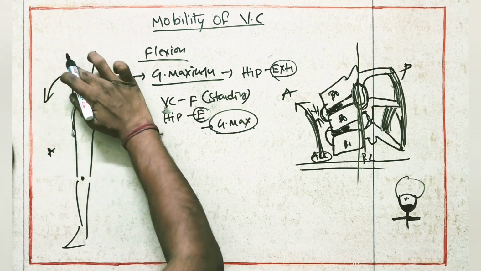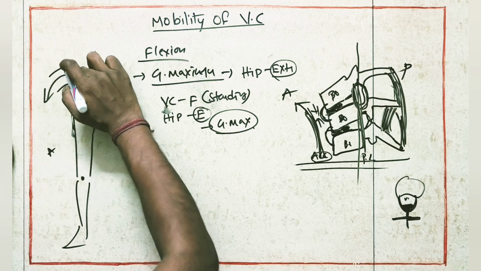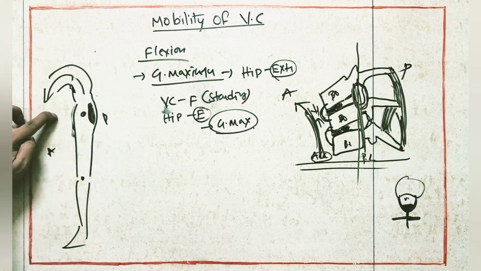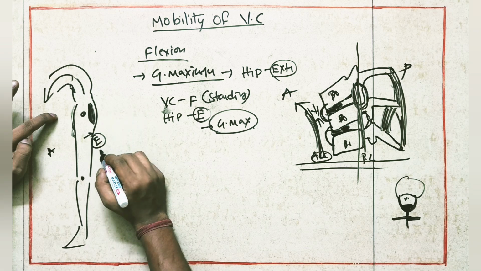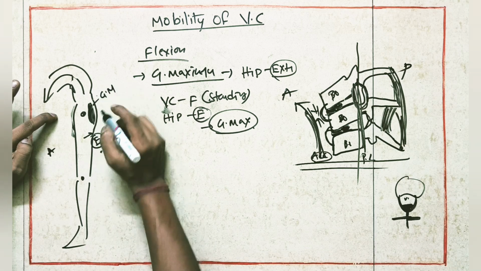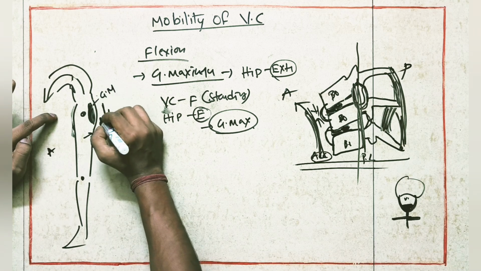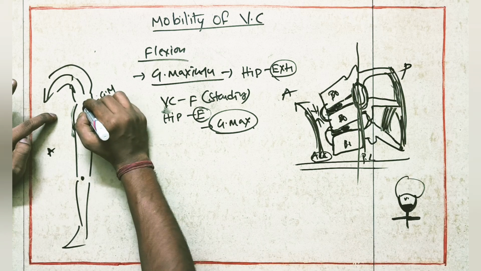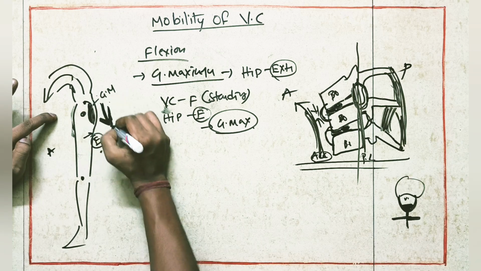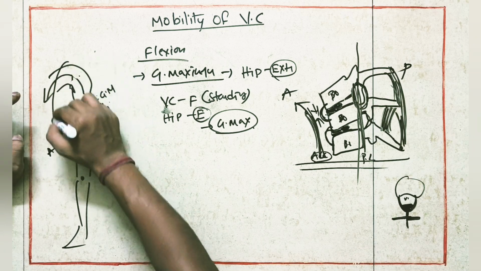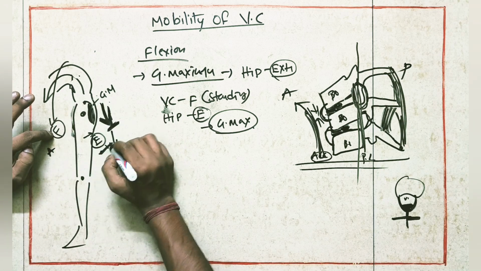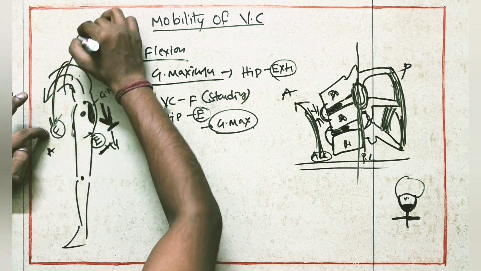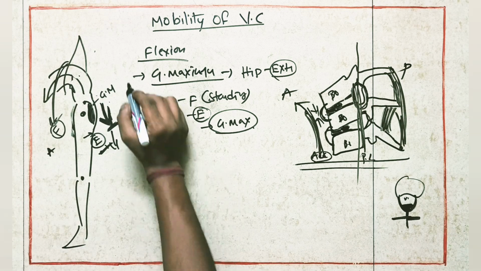If the person goes for spinal flexion, the hip joint will go for extension, and because of the contraction of the Gmax muscle, it always tries to pull down the pelvis. Because of this pulling force, the spine will not go for further flexion. Because of the downward pull of the Gmax muscle, the spine will not flex further, and then again it will come back to the neutral position. That is one. And the second point,